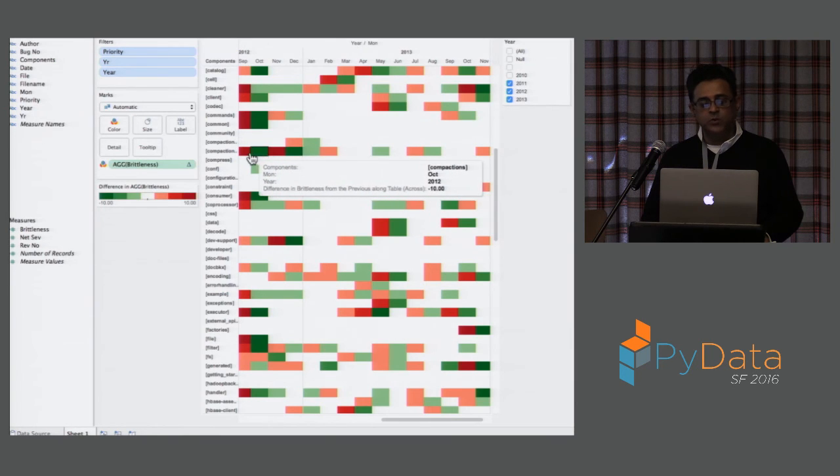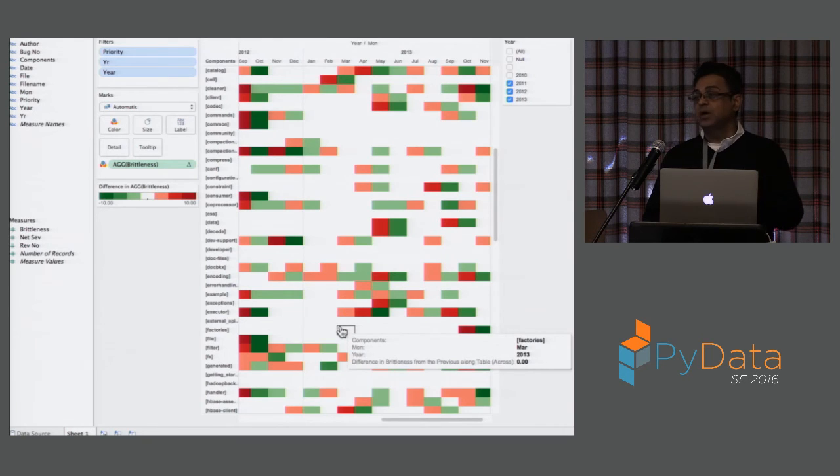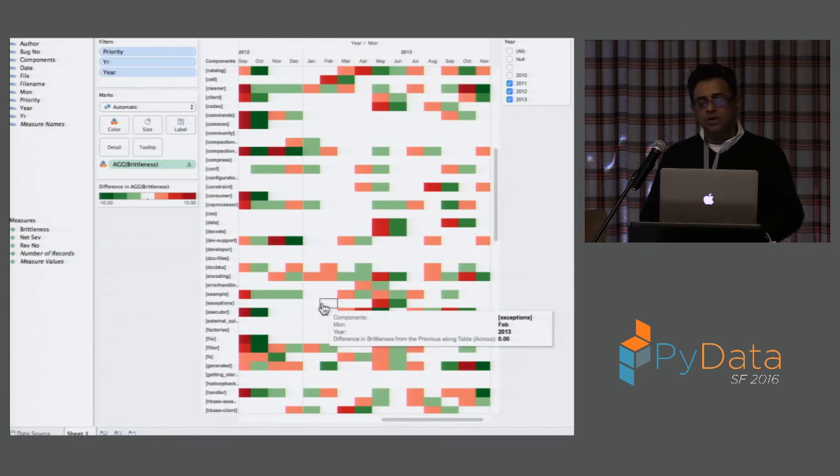So areas where you have a lot of dark reds are, I would say, areas where some of the risk is located. And this is just one view. We can do some clustering on this because now we have numeric measures. We can do clustering on the numeric measures. We can do all kinds of things, which I haven't done yet. And so this is how, for instance, it would look sliced by just the one level above files.